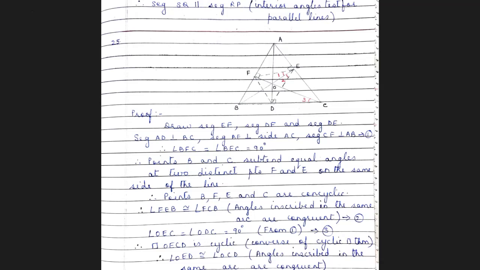So basically it's only that much. We prove BFEC is concyclic, angle 1 congruent to angle 2. Quadrilateral OECD is a cyclic quadrilateral. Therefore, angle 2 congruent to angle 3. Therefore, angle 1 congruent to angle 2, and therefore OE is the angle bisector of angle FED. Basically, it's only that much, but the theorem has been written with measures of angles, and therefore it's a little long, and maybe you will find it difficult to understand. But now I think, children, it is easy, and if you go through this theorem now, it should be easy for you to understand.